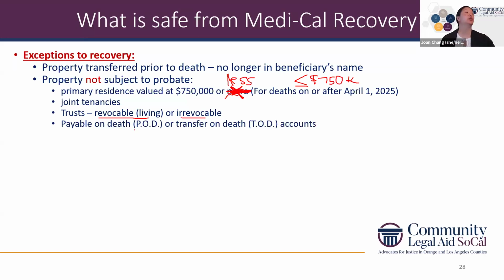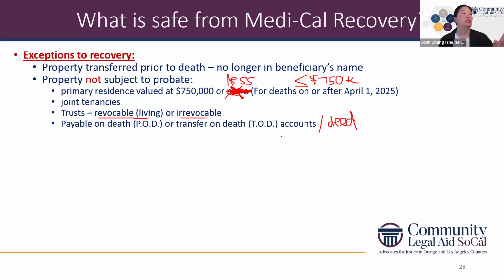Any accounts that have what we call PODs or TODs. So any accounts or property where you have it payable on death or transfer on death, accounts or deeds. So it could also apply to property. There are things called TOD deeds. Anything that has that listed, it basically says you're already naming someone who's going to receive this account or this asset or this property